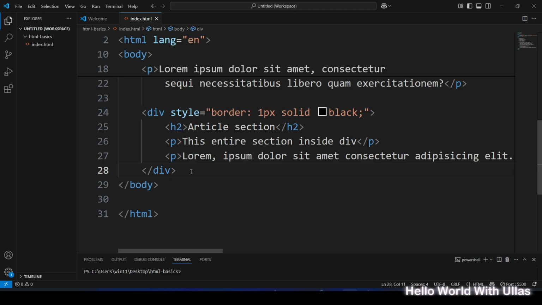Now let's talk about the span tag, that is an inline container. So span is the inline cousin of div. It's used when you want to apply a style or a class to part of a line, like a word or a phrase. For example, we have this paragraph tag, and let's say you want to highlight this section,